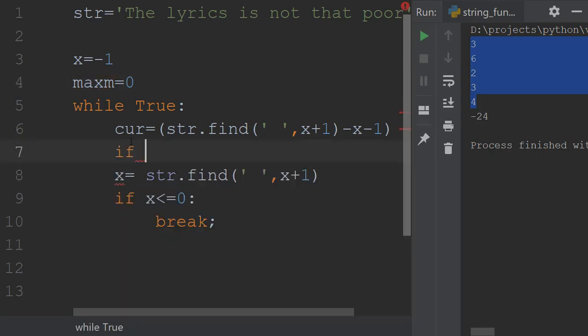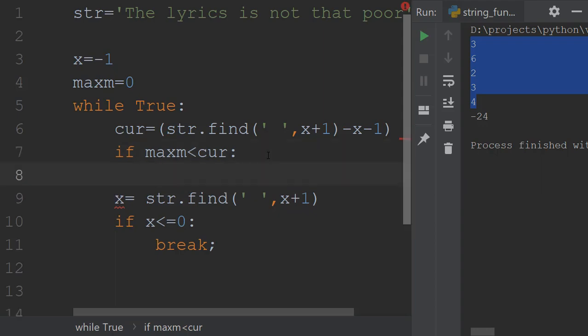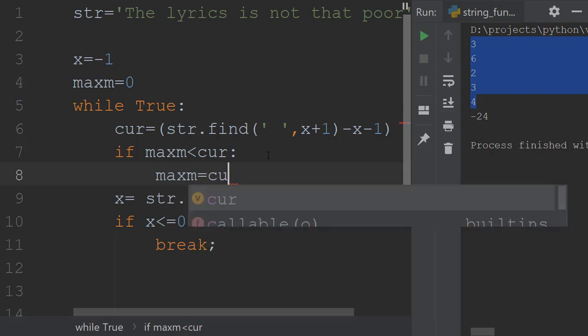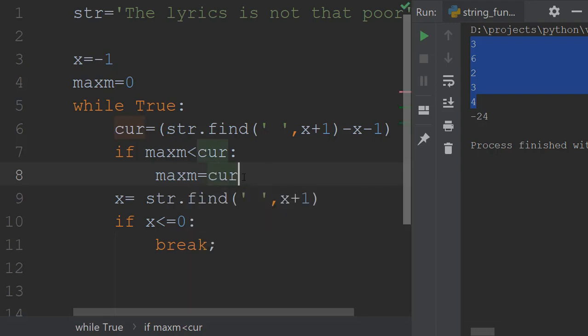And if maxim is smaller than the current value, for instance, maximum is smaller and the current value is 3, so current is greater than the maximum, that means this condition will evaluate to true. And if that is the case, I'm just changing the value of maximum to current. Now it is a little difficult to understand in this way, so let us move to Excel,